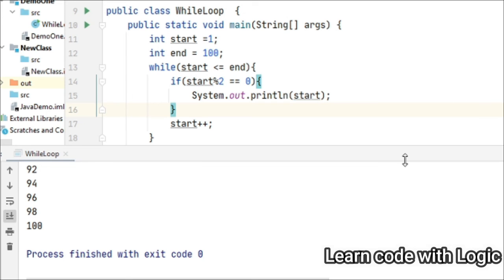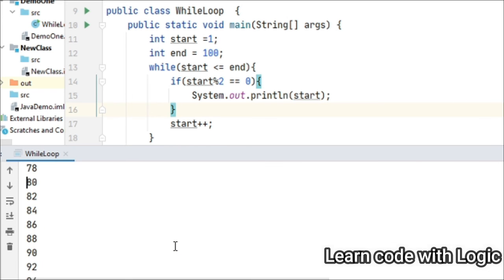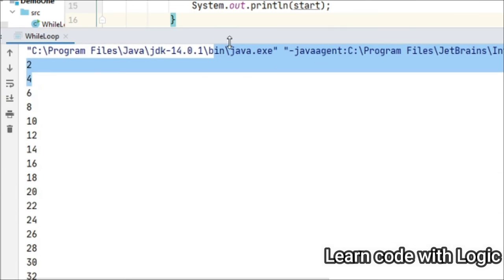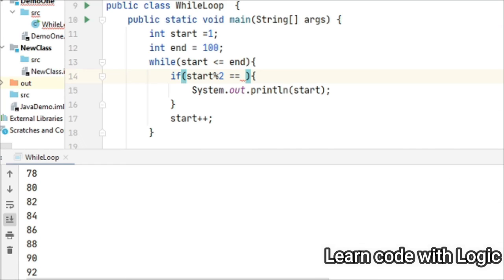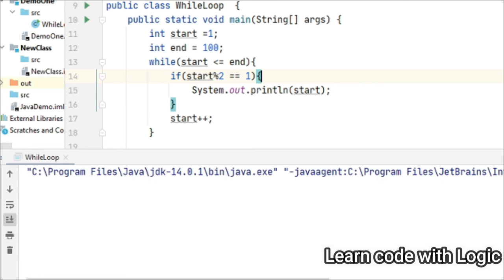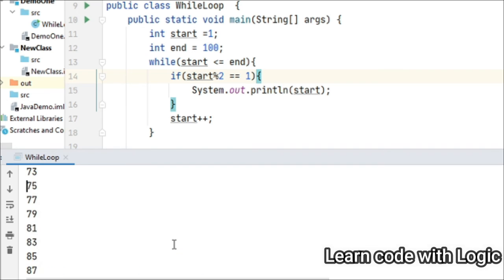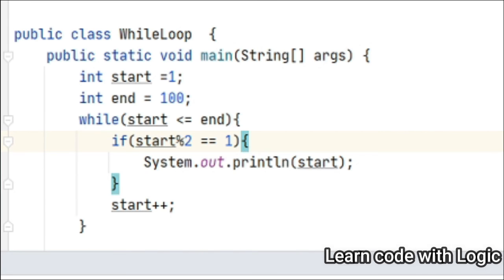Save the program and run the code. Now you can see all even numbers starting from 0 to 100. If the divisor is 1, then we'll get the odd numbers. The formula is pretty straightforward, right? So these small examples help us understand better rather than trying to understand a big program initially. That's the reason I'm showing all the concepts or programs from scratch.